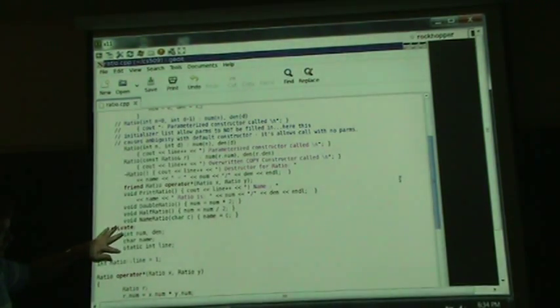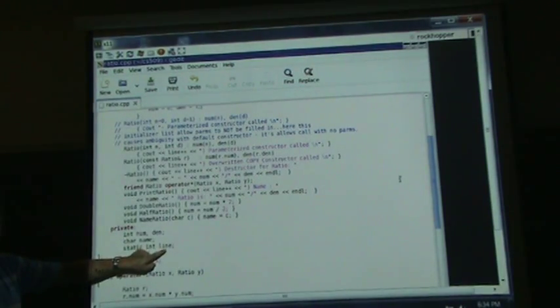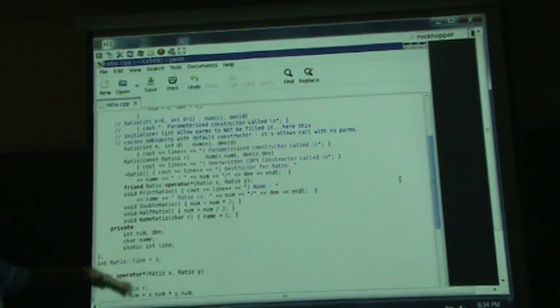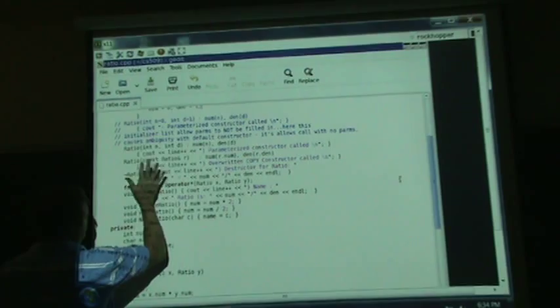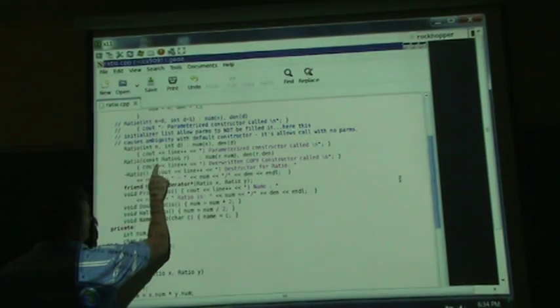Objects that have a ratio in it, but they'll all share the same line number. So it'll just all be printing out 1, 2, 3, 4, 5, 6, 7, 8. Okay, so now I have a... This is also true for any programming language. I have a